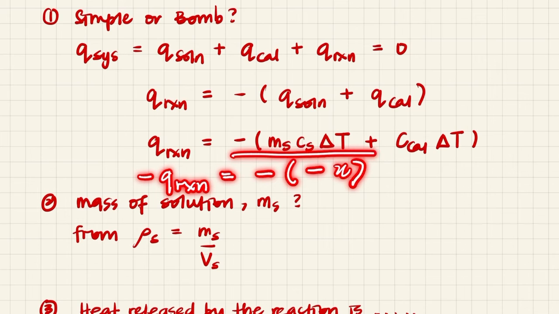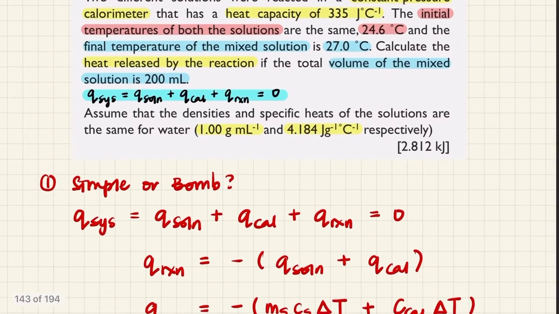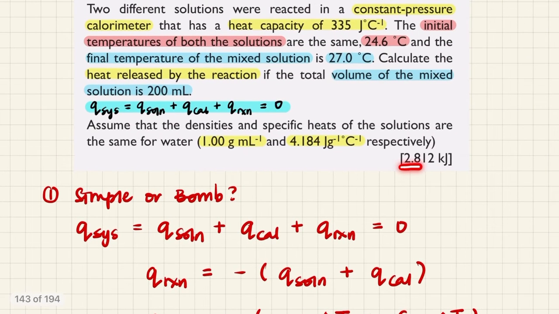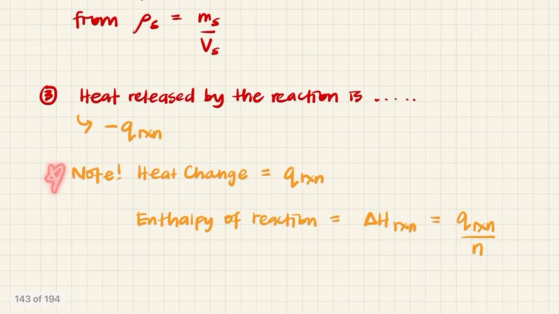Okay, so from the example you got negative X above, this one becomes this. So then you will get a positive value. You should get a positive value. So heat released by the reaction is 2.812 kilojoule. Alright, heat released, so there is no negative sign. Okay, please note that heat change is Q reaction. Okay, heat released